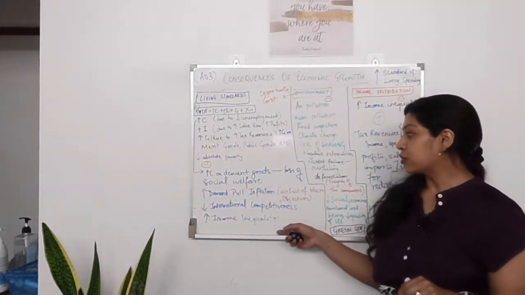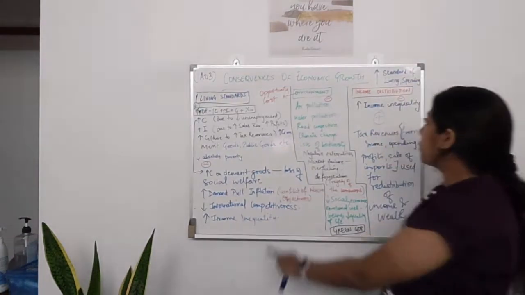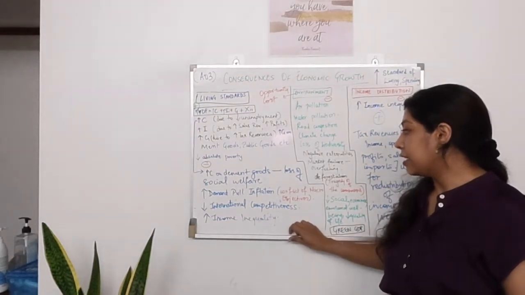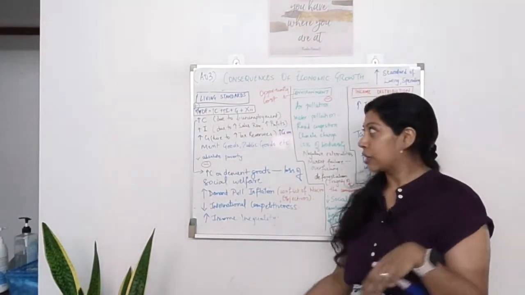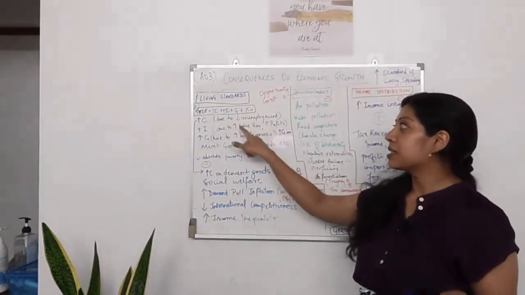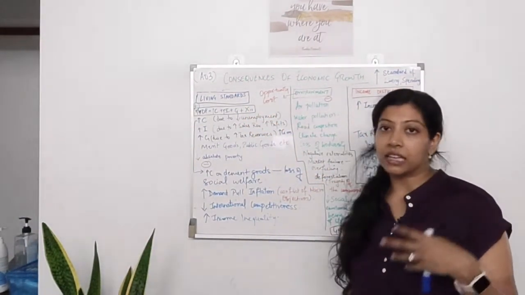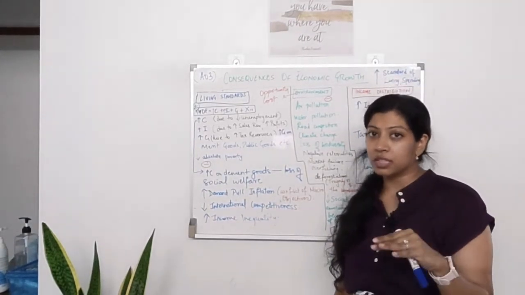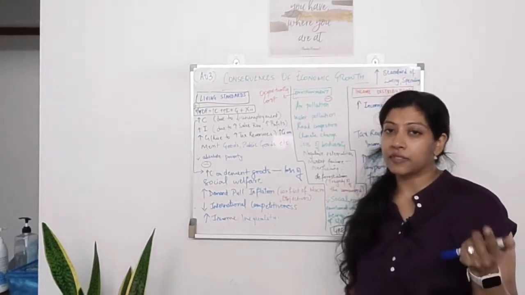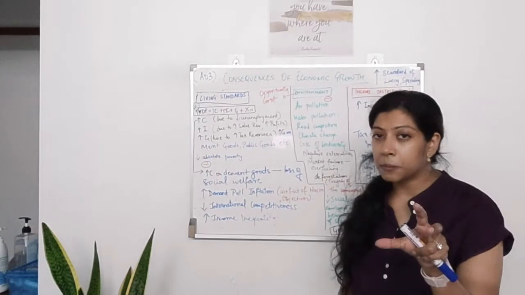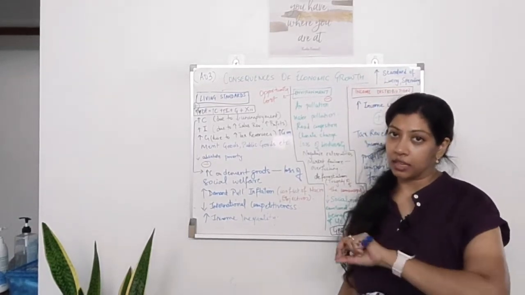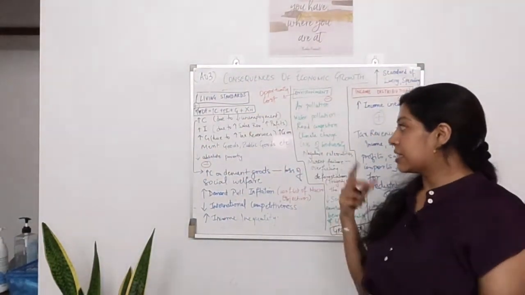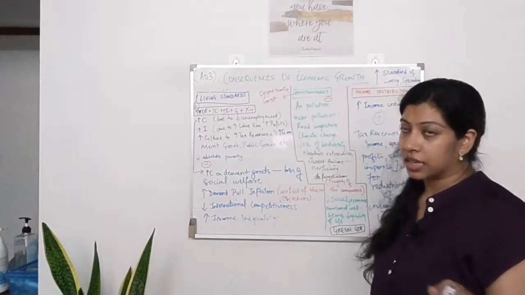And it could also increase income inequality. We'll see more about income inequality when we discuss income distribution. This point could be a little surprising: if living standards are increased, if income is increasing, if unemployment is decreasing, then income inequality should actually decrease. Well, there is no hard evidence that income inequality decreases. In fact, it is often seen that the opposite, that economic growth doesn't really help to decrease income inequality.